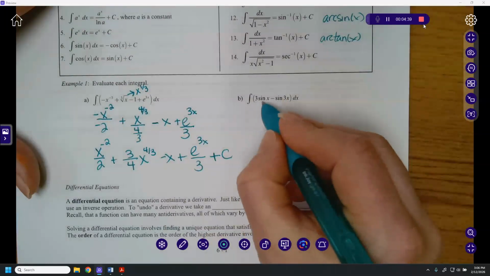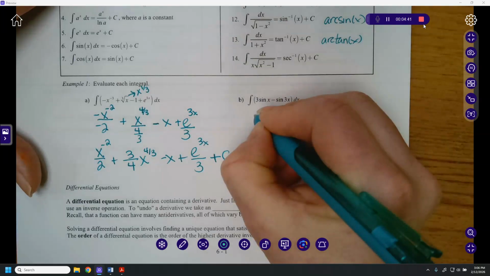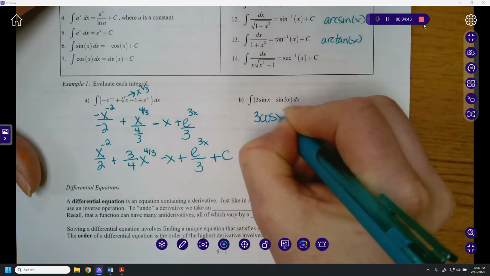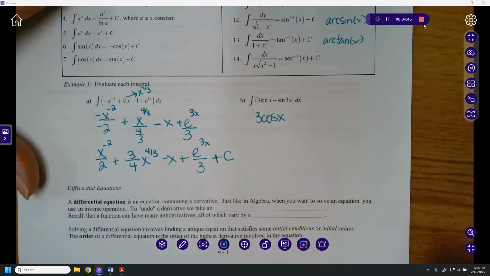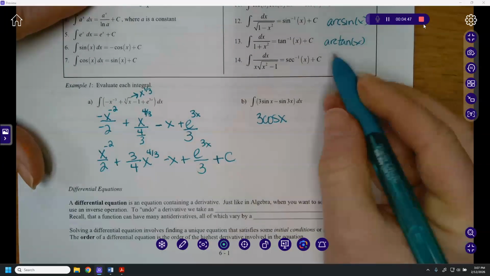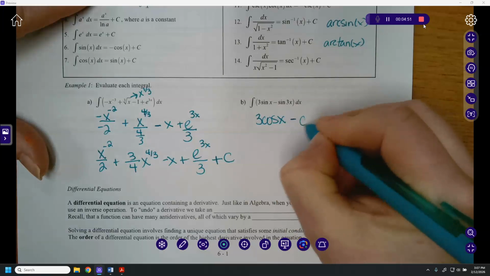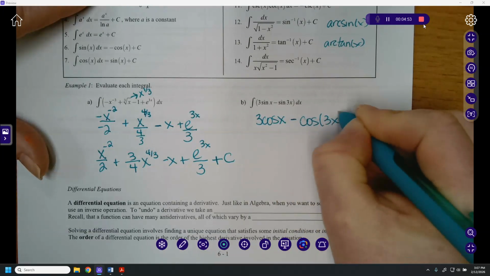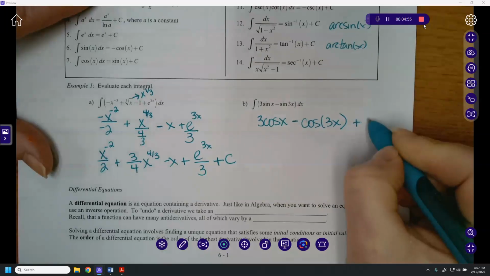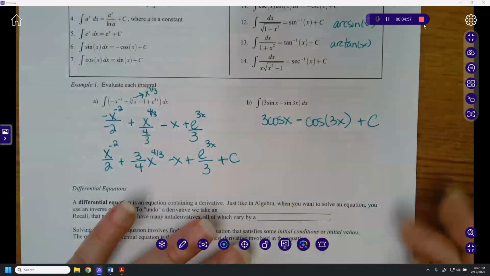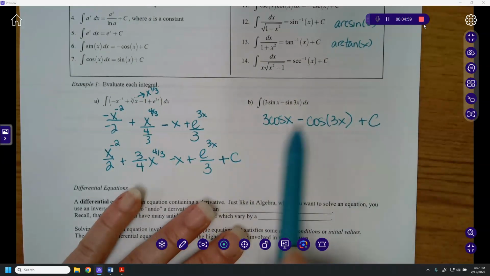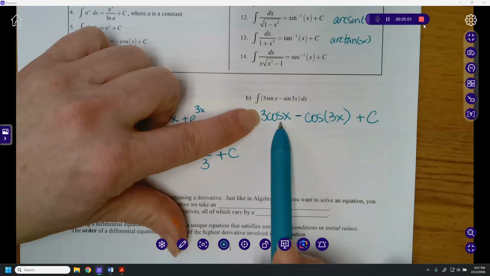The antiderivative of 3 sine would be 3 cosine of x. The antiderivative of minus sine 3x, okay, well, how do I handle that? Okay, we'll talk about that in a second. Not quite done yet. So going forwards, all right, 3 cosine, if I took the derivative of that,